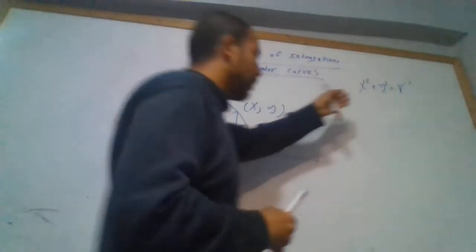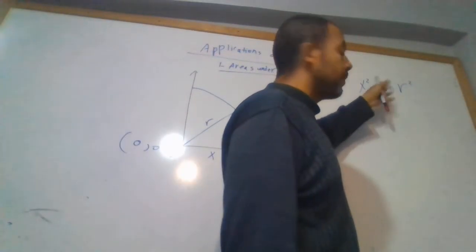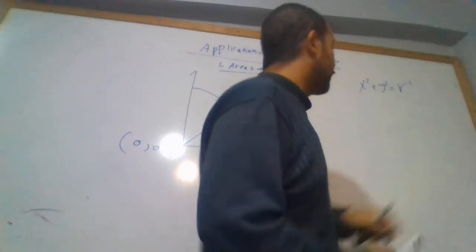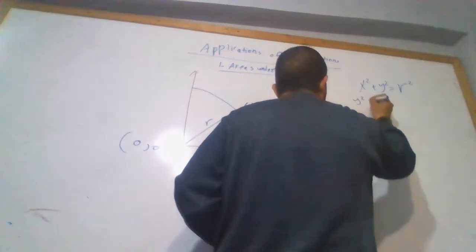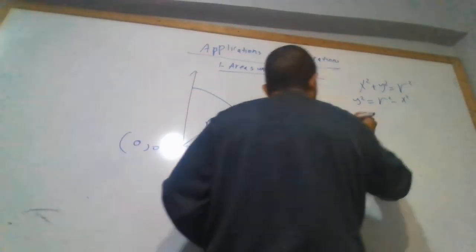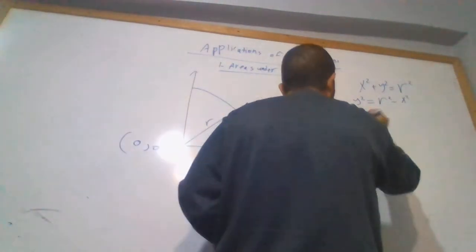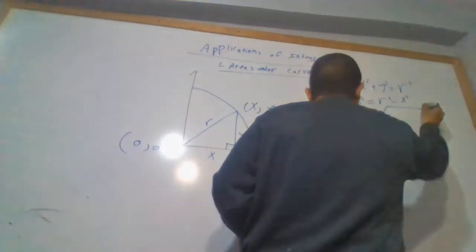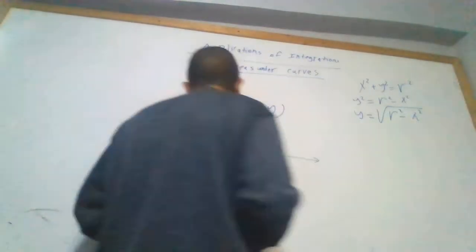But notice something, that it is not a function, because y has more than one value. Therefore, we should say that y squared equals r squared minus x squared. And after that, we must take the positive square root. Then y equals the positive square root of r squared minus x squared. To get